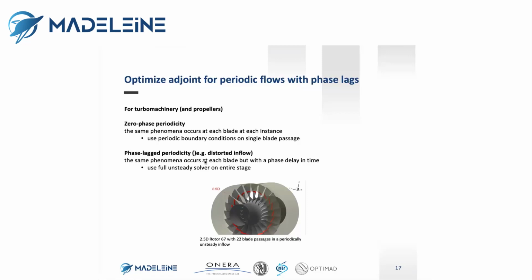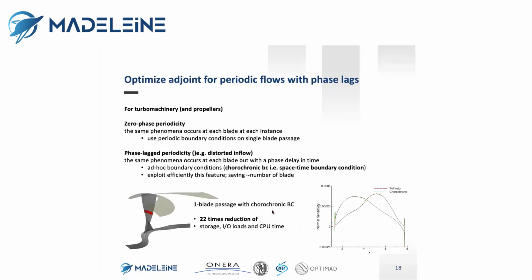So by exploiting this information, they derived an ad hoc boundary condition, which is called the chorochronic boundary conditions, that allows them, again, to simulate just one blade